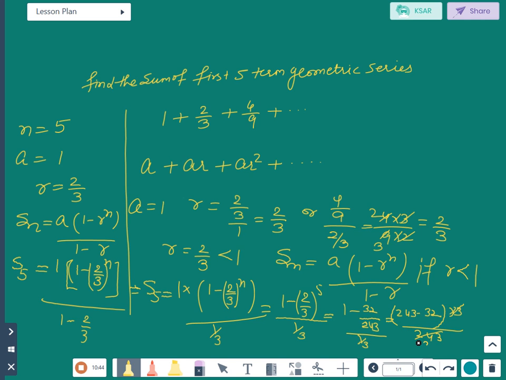This will cancel 81 times and there will be 1, and then 211 over 81. That is the sum of the first 5 terms that we are getting out of solving. Is everyone clear? Did you understand the question, how to calculate the sum? Is it clear? n is 5, that is given in the question, that we shall place here. If you want, you can place it right here, n is 5. Okay. The next question is